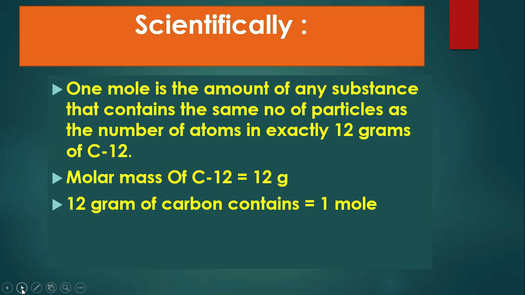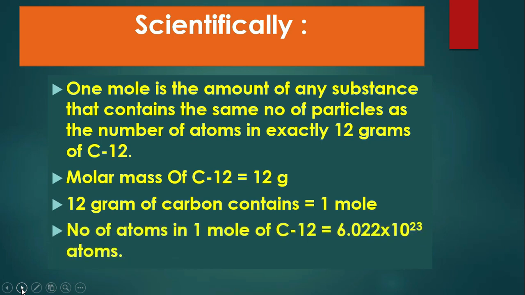Students, you know that we have discussed before, in a previous chapter, the atomic mass, molecular mass and formula mass of different substances, where we take carbon as a standard. Same in case of molar mass, because they are both the same, only the unit is different. So the atomic mass of carbon is 12 amu, but if we discuss it as molar mass, it becomes 12 gram. And why do we say that it is 12 gram? Because we take the quantity of 1 mole. So 12 gram of carbon contains 1 mole. There is another very important thing: the number of atoms in 1 mole of carbon 12 is equal to 6.022 exponent 23 atoms.